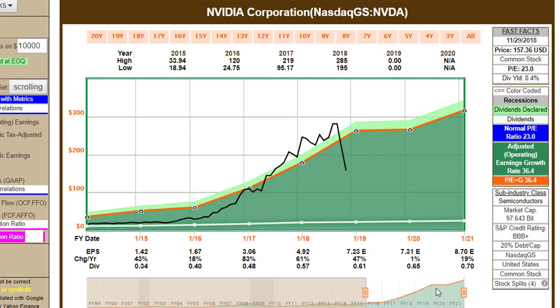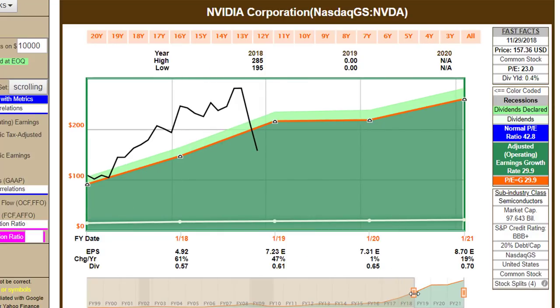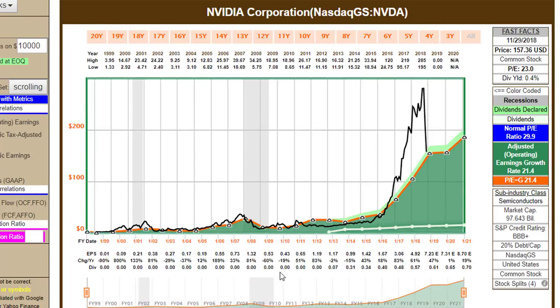But then we're expecting a flat year, at least analysts are expecting a flat year in fiscal year 2020, and that shortens up the time frame a little bit and changes the earnings growth rate and the earnings dynamic once again. But we still have this high 39% growth rate. But as I push this forward and we start cutting out some of these high growth years, we now see Nvidia's earnings growth rate falling to what is expected to be around 20 to 21% a year, which now justifies the company's valuation falling to this level. So the point is that valuation is a very relative term. It's relative to what is going on in the company, past, present, and future.